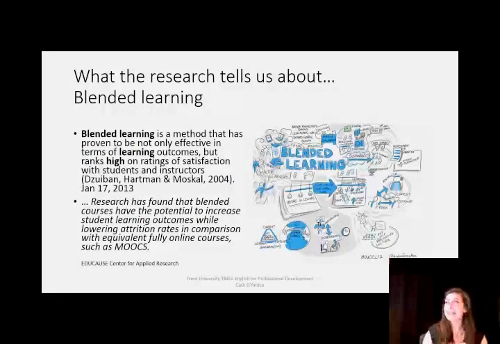So in particular, I really want to focus on blended learning, because blended learning is the method that's embraced by TBEL. It is the method that TBEL is completely built from.